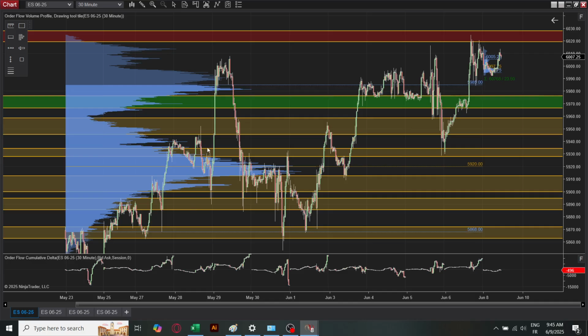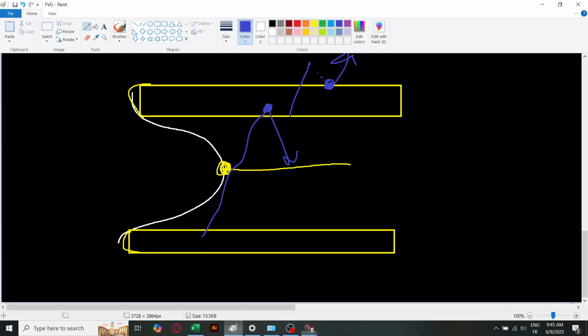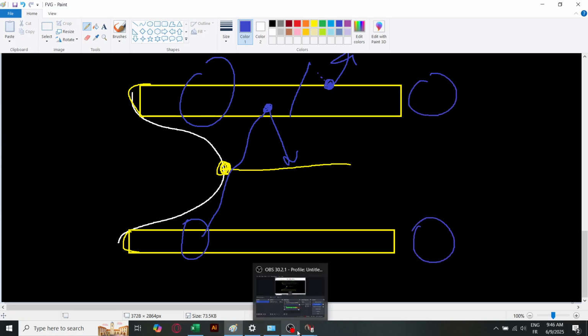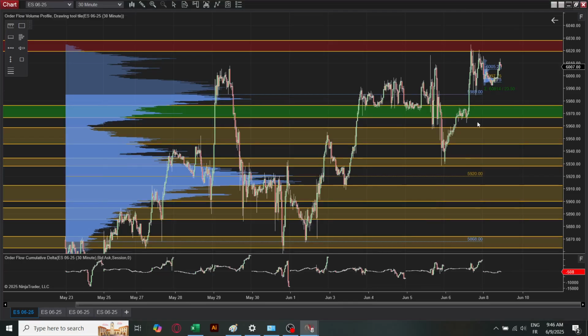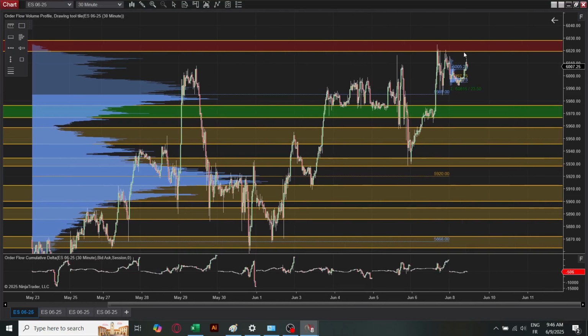one and this one because they are around the heavy volume node. So if I come back here, it's this level and this level, and no matter the other levels. So when price is going in here, then those levels become the most two important levels of the chart, and I can wait for a breakout or go short to the point of control, or basically the middle, mostly the middle, but in here we have real volume, so it will be this spot. So it will be so much better if I go long from here because I'll have more distance, so more profits